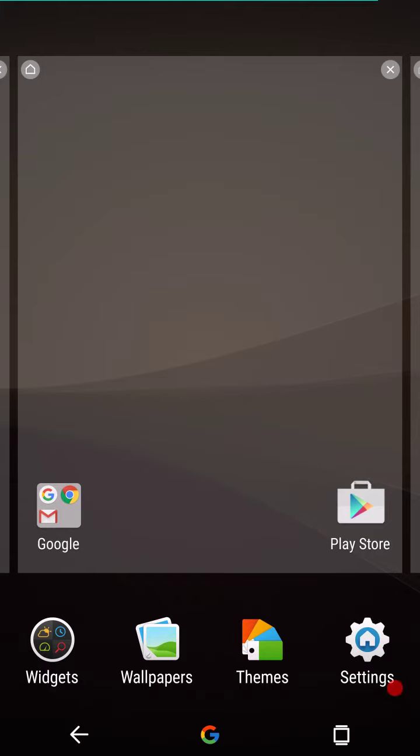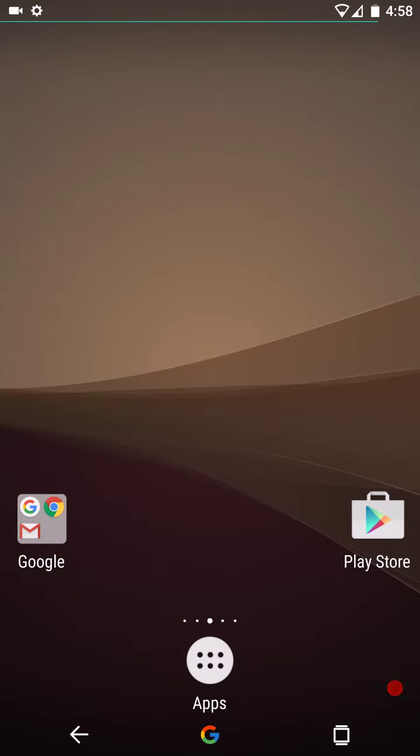It's just got a lot of really cool features to it. The themes do not work. There's no way they can get the themes to work on the Nexus 6. It is an Xperia thing. The themes work with the Xperia UI and that phone specifically. So you're not going to be able to do that. But this does come with layer support. But before I get into that, I wanted to show you